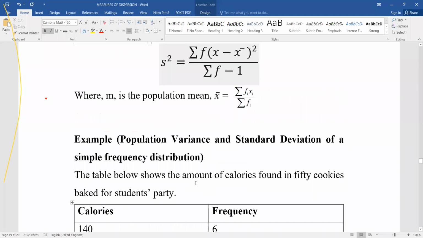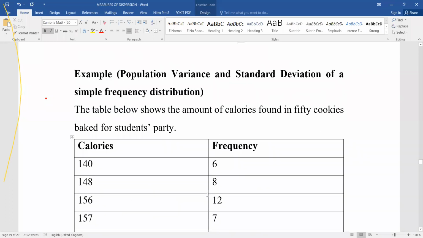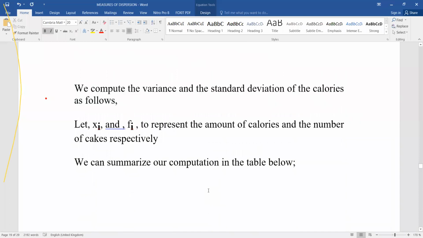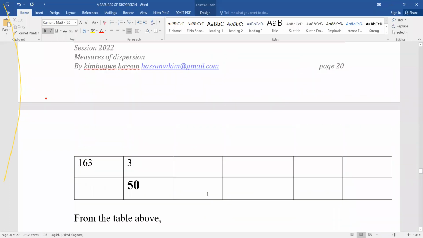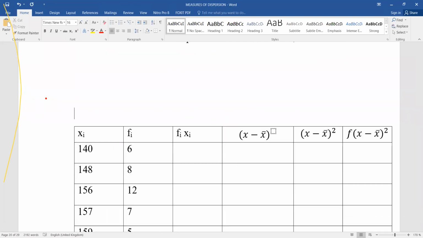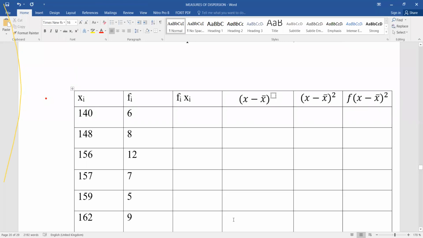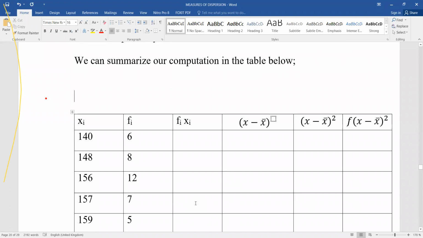So we have an example there. The table below shows the amount of calories found in 50 cookies baked for a student's party. These are the cookies, and that is the frequency. We definitely know we're dealing with the population because there's no word sample anywhere. If you don't see the word sample, you always assume that it is a population. So the first thing that you're going to do is to get the mean,